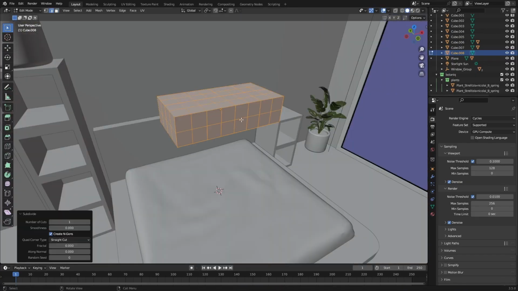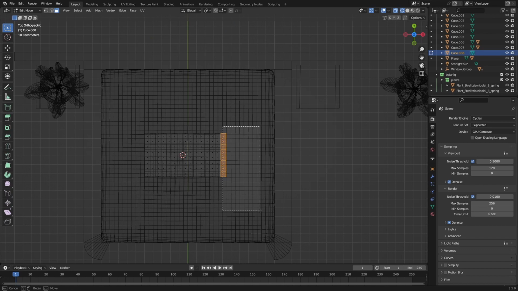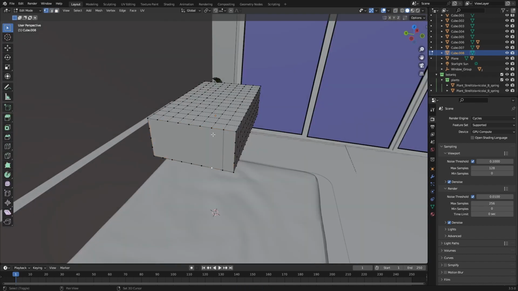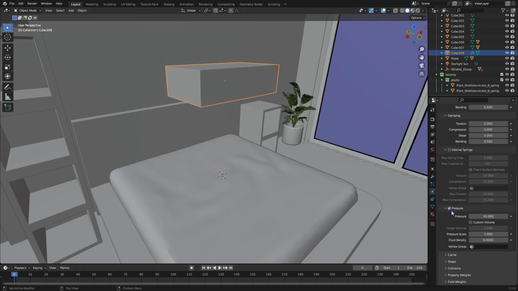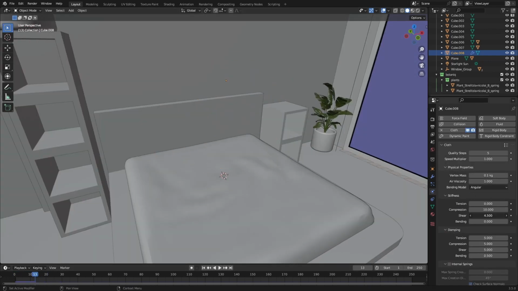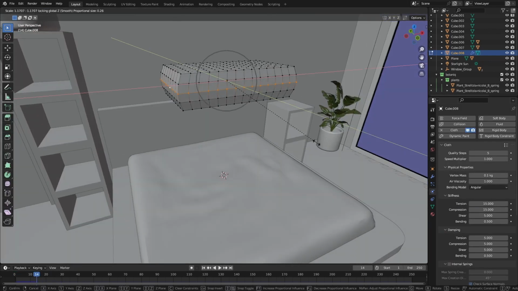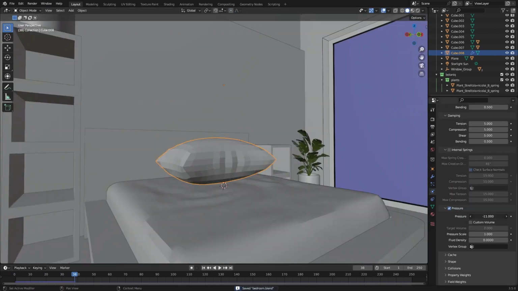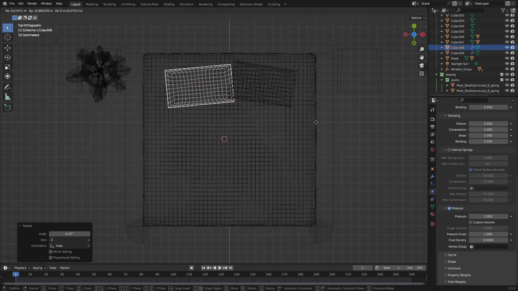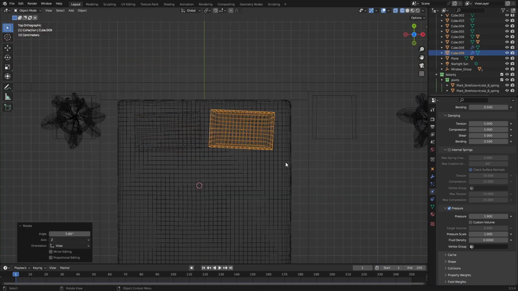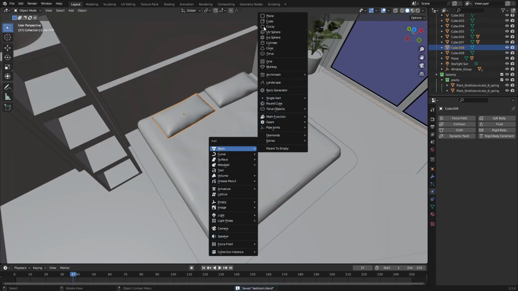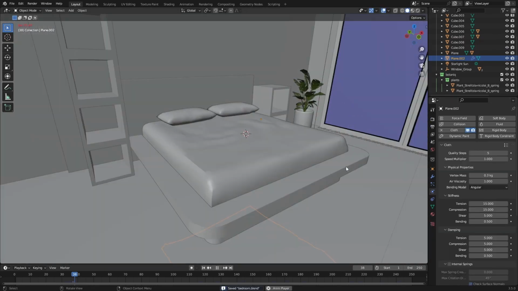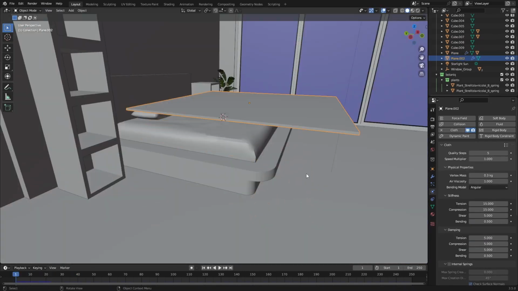The next thing we needed to do was make pillows, so that's just really easy. Just grab a cube and subdivide that, add in a cloth and add some pressure to it, and it should inflate like a balloon, and if you do it correctly you can get a pillow. Later, when revisiting this a day later, I added some cloth wrinkles to it with the sculpting mode, the same way I did with the mattress, but that will be at the end of the video when I come back